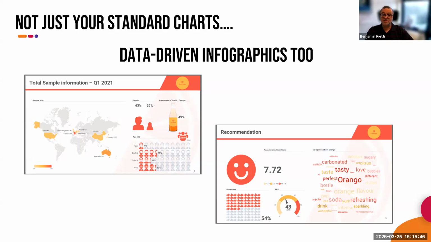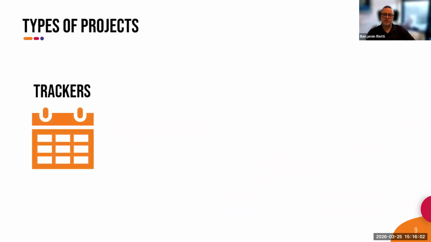And the sheer amount of time it would have taken to make, adjust, or resize these types of infographics manually just doesn't bear thinking, especially when you then have to repeat that process 14 times or every month, every quarter, whatever it may be. So, which types of projects suit automation best? I like to recommend considering any project that is repetitive in some way. So, the first type that comes to mind would be trackers or other continuous studies, whether it's monthly, quarterly, yearly, whatever the cadence, you're guaranteed to see a generous ROI.